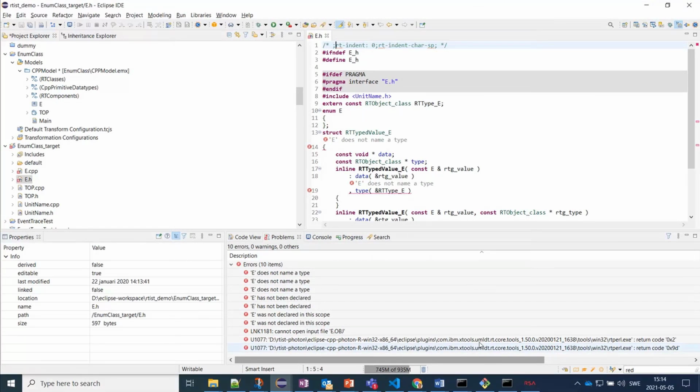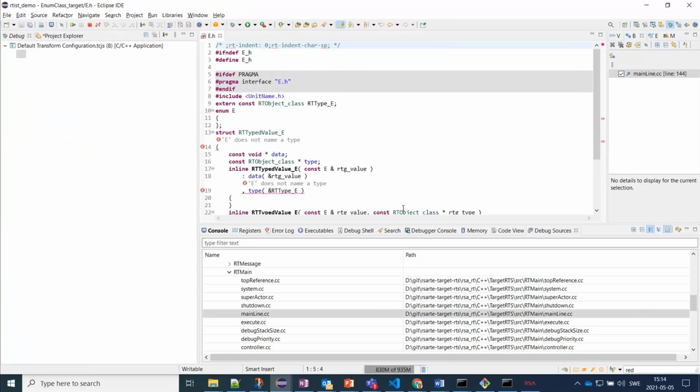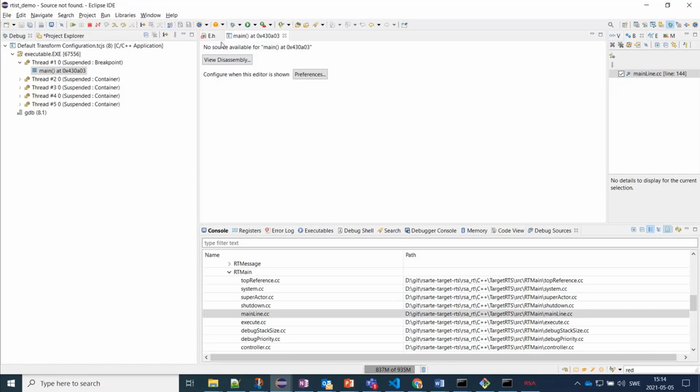And finally, let's look at one improvement that is related to debugging. So I will start a debug session of a C++ application that I have generated from RTist. And as I think you all know, a problem when you don't have all the files of your application in the workspace is that sometimes Eclipse can't find them. And you will then see this window popping up where it prompts you to give the path to this source. So it cannot find the source here for the main, because it's not debug compiling, and Eclipse doesn't know where